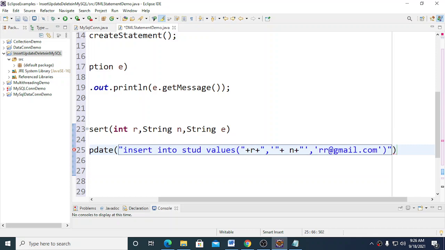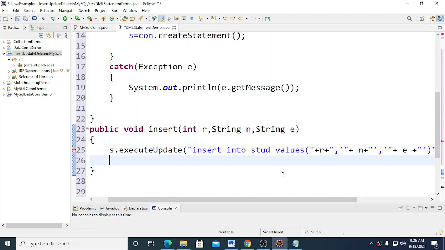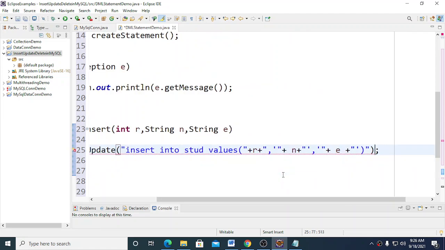Similar to that, to add the value of email, I'm going to delete the constant value. To concatenate, I'm going to add the plus plus inside that, and I'm specifying the value of e here. So this will execute the command on the database. Okay, so this simple command